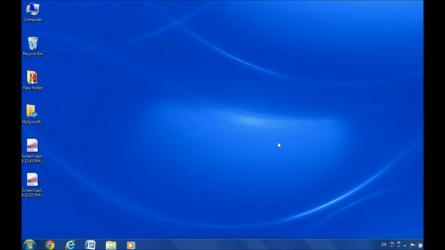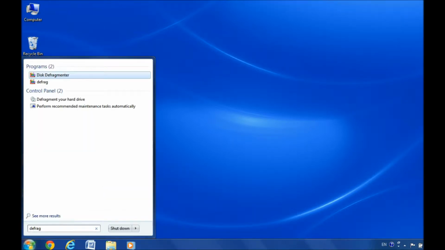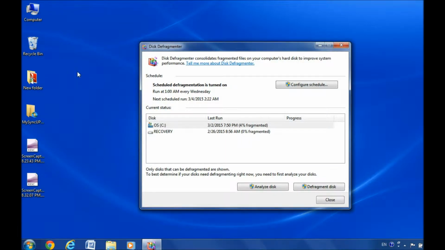Okay, so now that we downloaded the ISO, we have to defragment your hard drive. This isn't really required, but it's highly recommended. I really recommend you do this. So go into the Start menu and type defragmenter. Should be the first one, Disk Defragmenter. Select the C drive and click Defragment disk. Now I already know mine will be fine, but I really recommend that you click Defragment disk and wait for